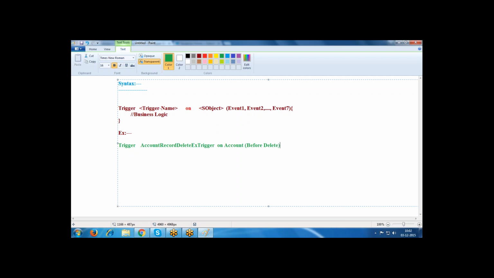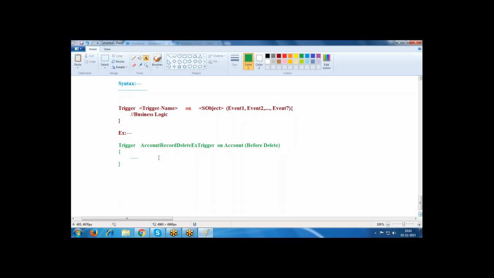The event is before delete, and we are writing some business logic. This is the way we are writing your business logic.